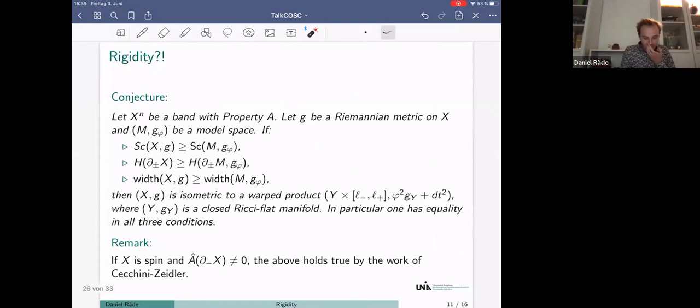All right, so we know this already in some situations. In particular, we know this if X is spin and the A-hat genus of ∂_-X is not zero. Okay, so that is one category of bands with this property A. And for those, using the index theoretic methods of Cecchini and Zeidler, you can prove this rigidity statement. So in the